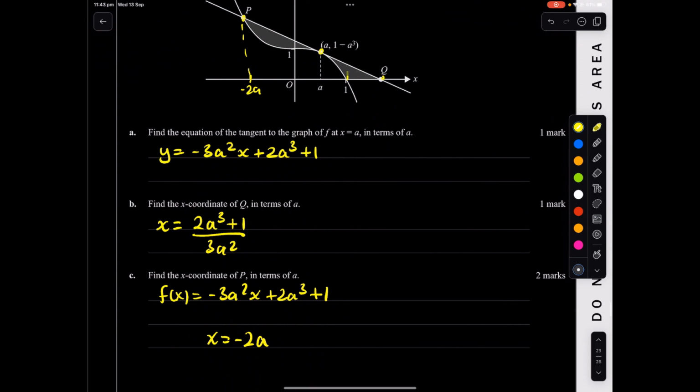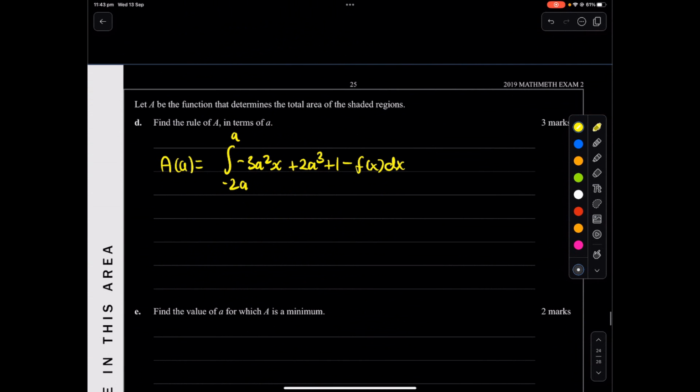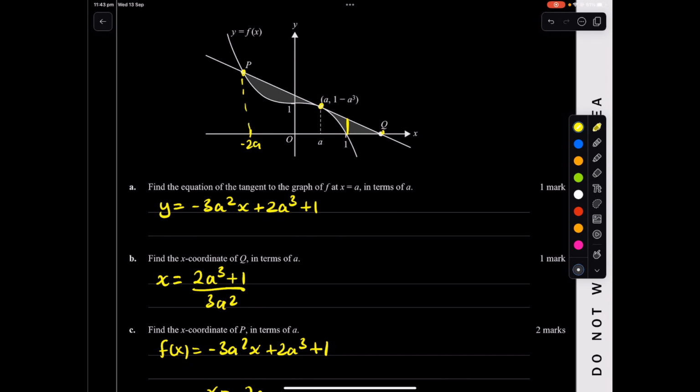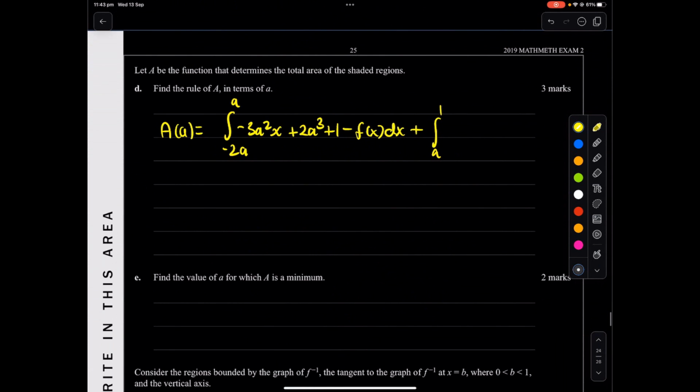And from here to this point over here, so from a to 1, it has the same thing. The upper function is still the line minus f of x. So again, negative 3a squared x plus 2a power 3 plus 1 minus f of x dx, plus